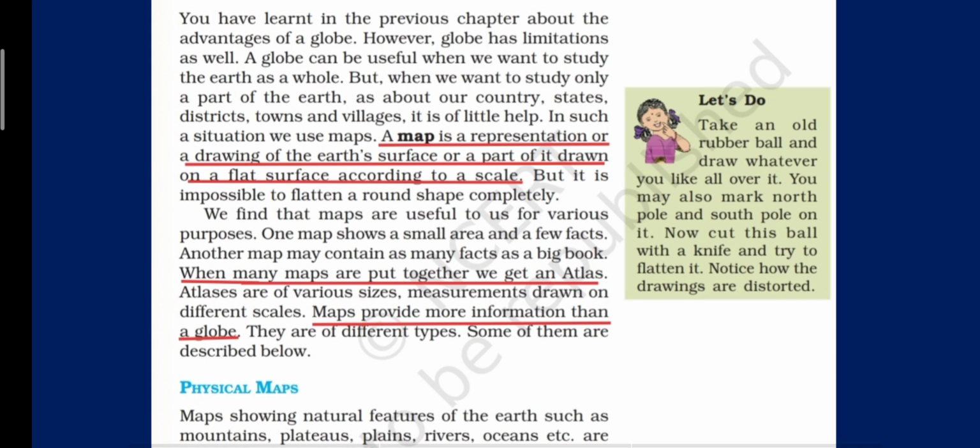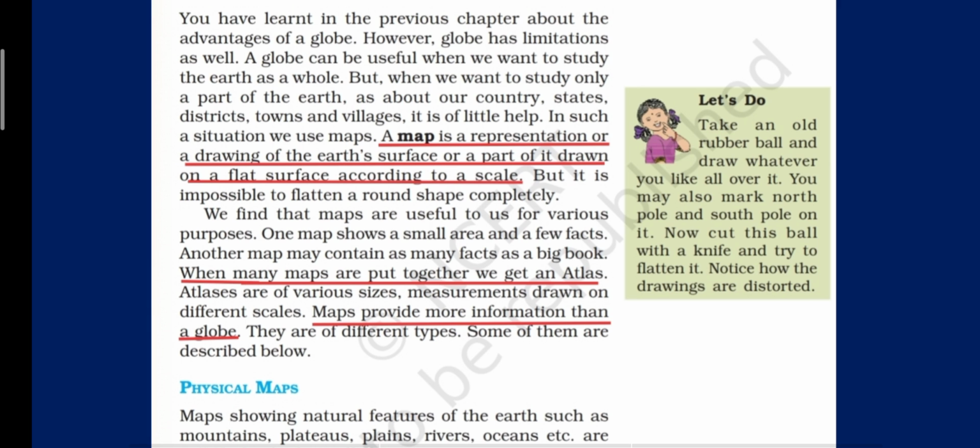Measurements are drawn on different scales. Maps provide more information than a globe. So, maps are very useful to us, and they can give detailed information about any place. And they can also give us a few facts.